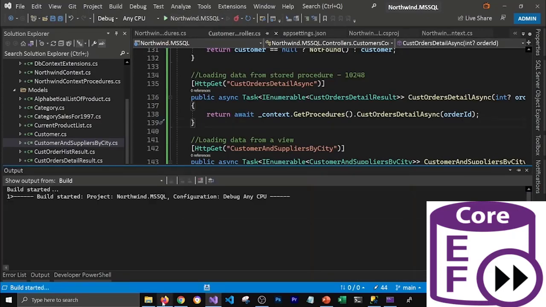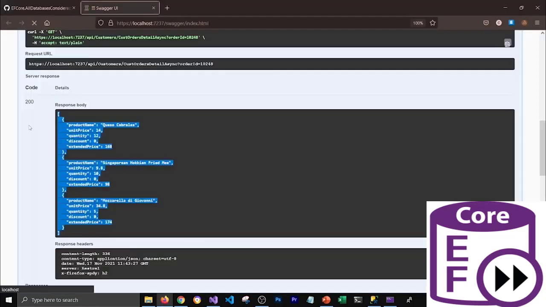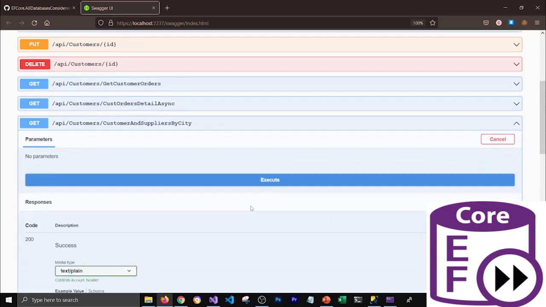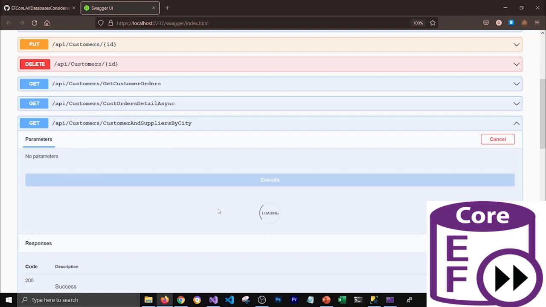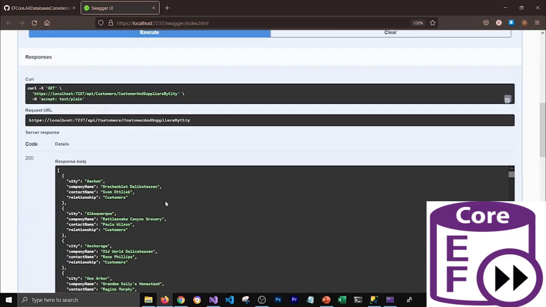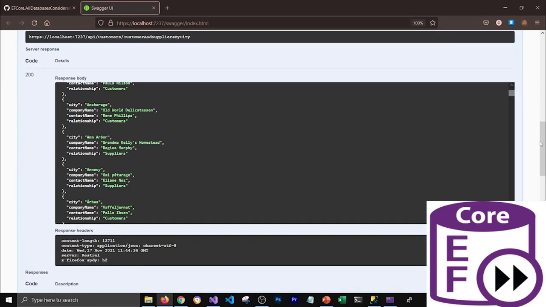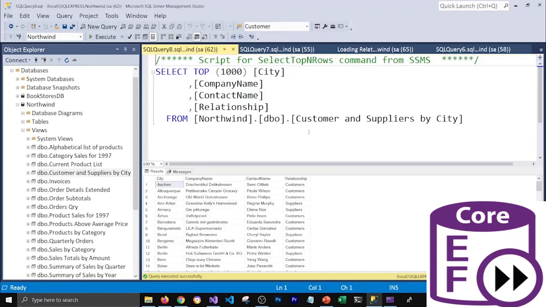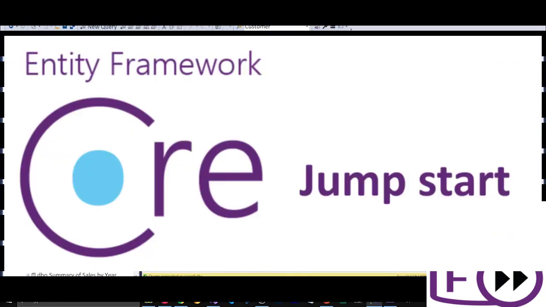So I'm going to run this again, and if I go to my browser again, it's going to populate that customers and suppliers by city web API. And if I try it out, execute it, it's going to return all the results for the view which are there. So if I look at the results, you can see the city, company name, contact name, and relationship, which are the same columns that we're returning from our view. So this is how you can scaffold a database, perform CRUD operations, load related data, call stored procedures, call